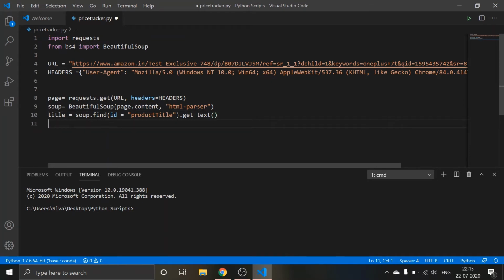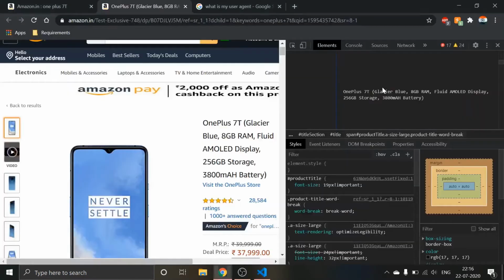Now the next thing we want is price. We had scraped the title and now we are scraping the price. This price also follows the same principle, which is soup find. Here also we want the ID. Here the id is equal to, let me keep it blank first.